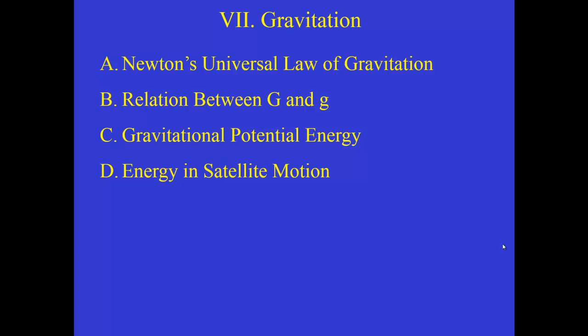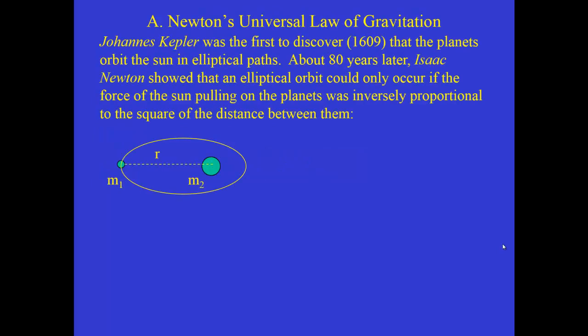But if we're interested in space travel and rocket problems, then we have to extend our treatment of gravitation. And to do that, we need a little history lesson. So, Kepler was the first one to discover, before the time of Newton in 1609, that planets orbit the Sun in elliptical paths, although for some of the planets, like Mars and the Earth, the orbits are not that far from being circular. Then, from that initial discovery, about 80 years later, Isaac Newton showed, and he was kind of working backwards. He knew the elliptical shape of these orbits, but he showed mathematically, through his invention of calculus, that an elliptical orbit could only